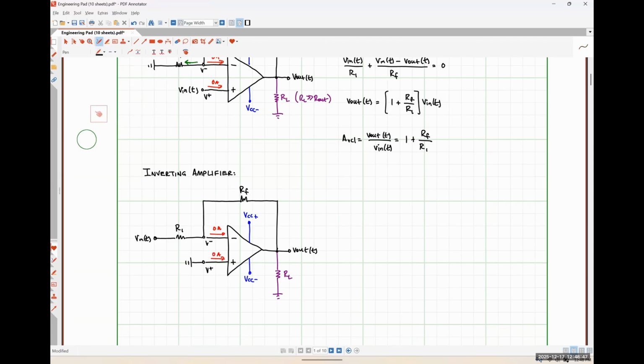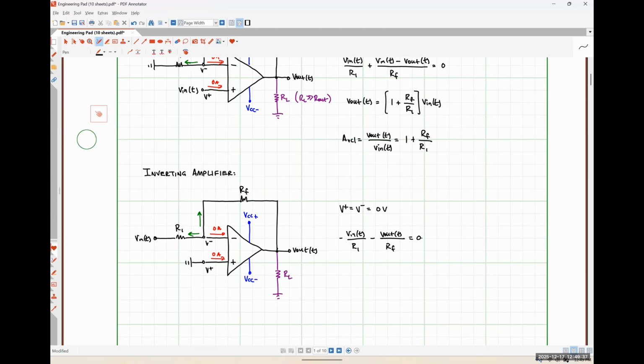By inspection, we can again see that the voltage present at the non-inverting input terminal is going to be, in this case, 0. And that'll be the same thing at the inverting input terminal. When we apply Kirchhoff's current law at our inverting input node this time, we're going to come up with the relationship 0 minus Vn, so I'm just going to write this as minus Vn over R1. Then we'll add the current flowing up through the feedback resistor. So that's going to be 0 minus V out, which I'm just going to write as minus V out over RF